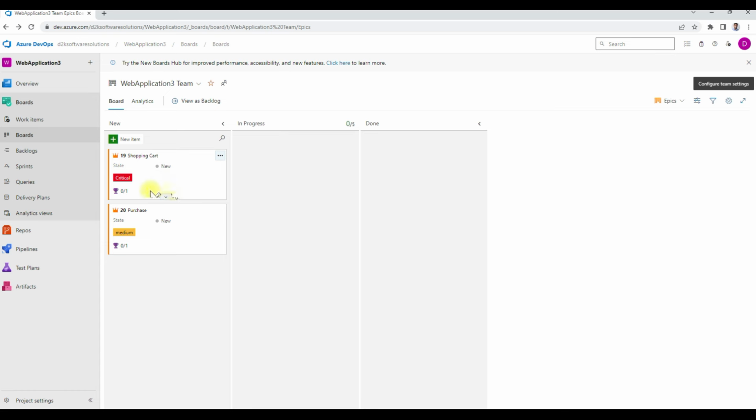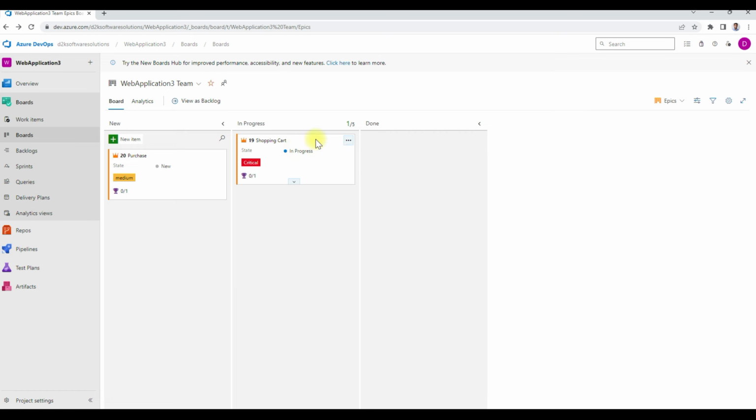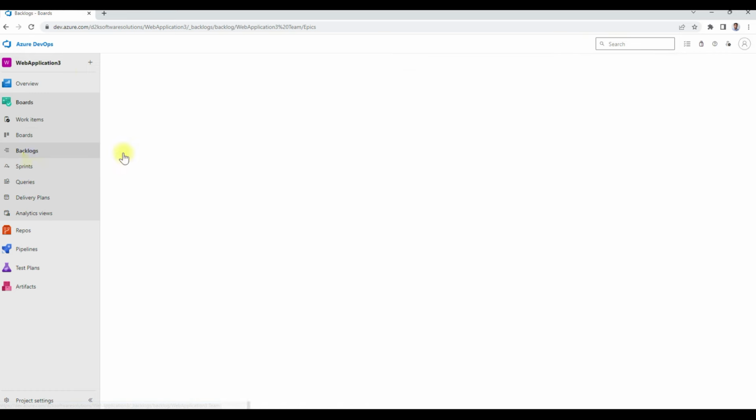So the main advantages of using the boards is you can create the work items and you can easily drag and drop those work items to update their status, as well as categorize the work items by using the tag colors. You can apply various conditions also. For this scenario, I have chosen the tag color. And the next option is